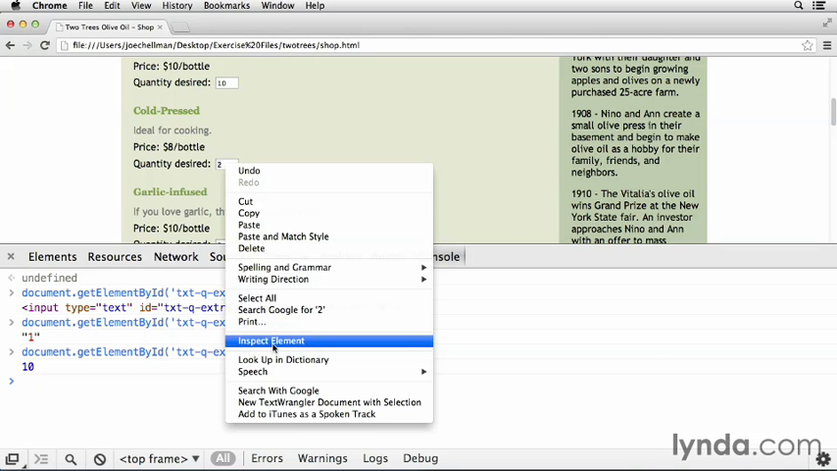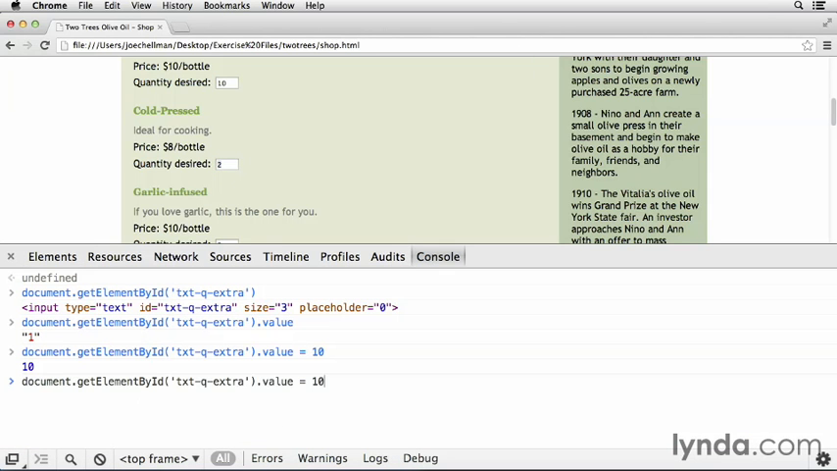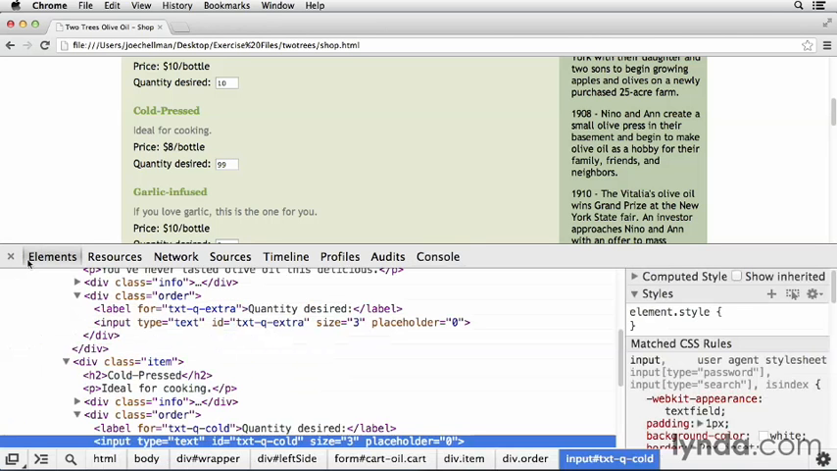So let's take a look at the ID on this one, which is cold. So I'll use up arrow to get the last thing I typed. I'll change this to cold, set this to 99, because I really love cold pressed olive oil. 99 is returned here, and the value is set up here. So this is really handy. Another thing that works,